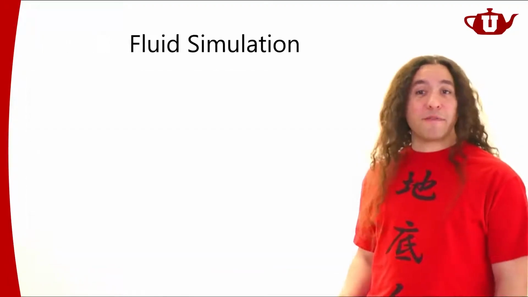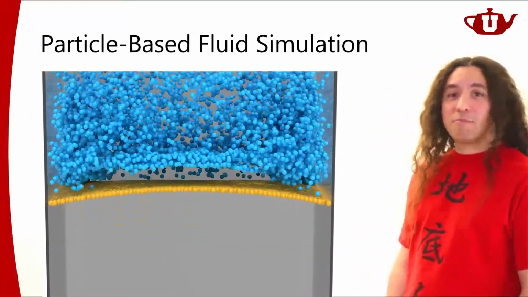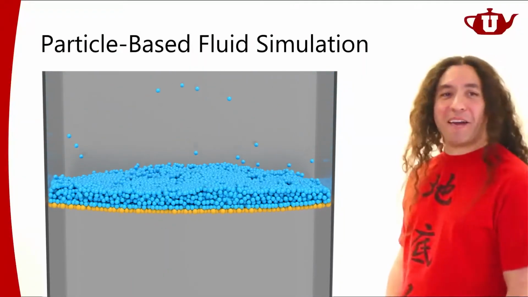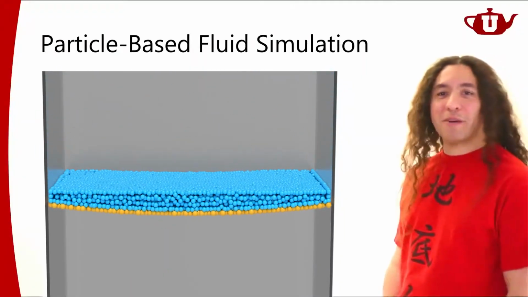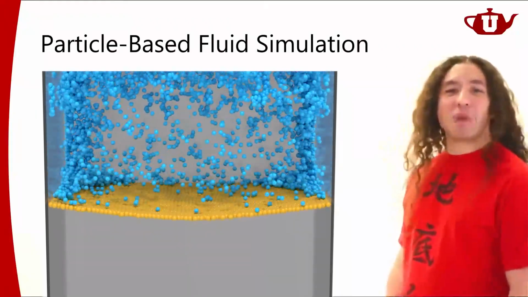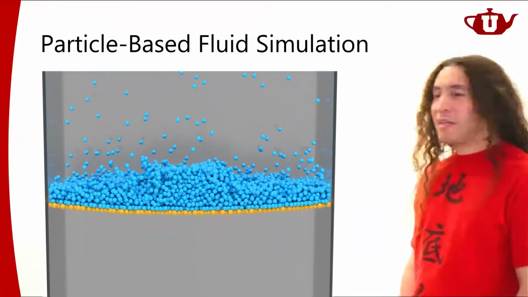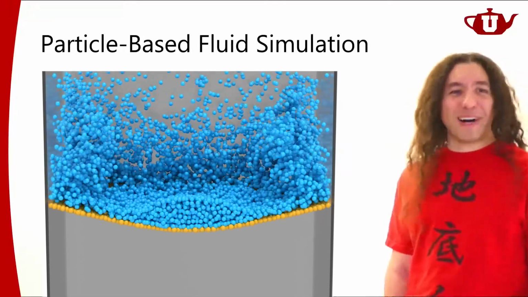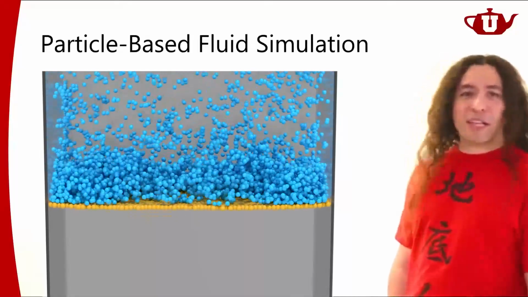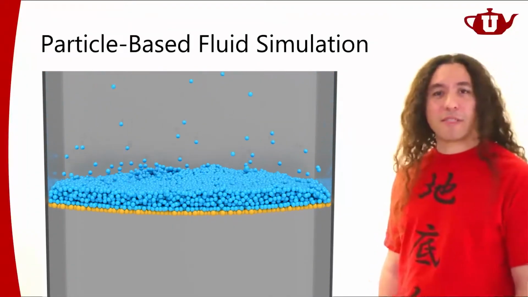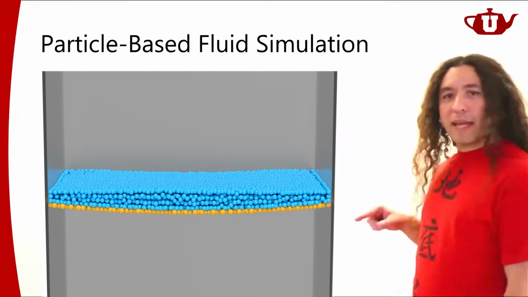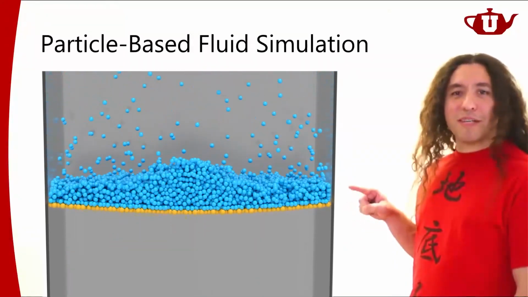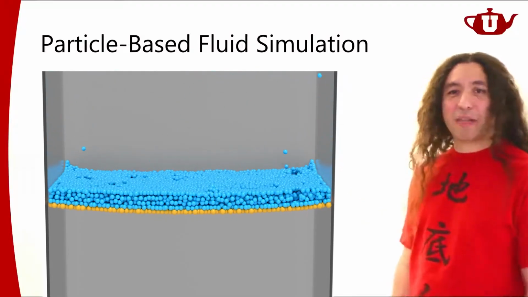A popular way of doing fluid simulation is particle-based fluid simulation. As the name suggests, we're going to have a whole bunch of fluid particles moving around. They may be hitting objects, they may be interacting with each other. They're not quite connected with springs because this is not a deformable body, but the particles are still interacting with each other. They're applying forces and so forth. So in this case, the membrane down here is a mass spring simulation. The fluid is the particle-based fluid simulation.